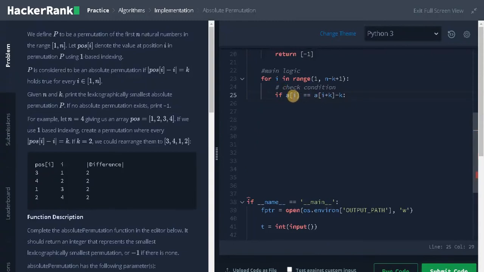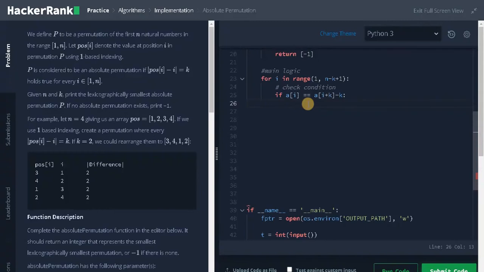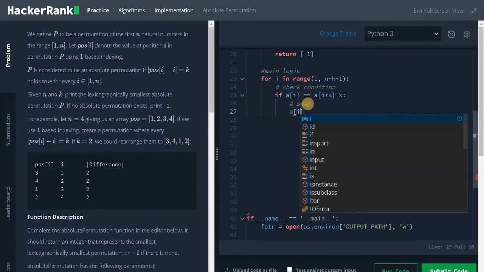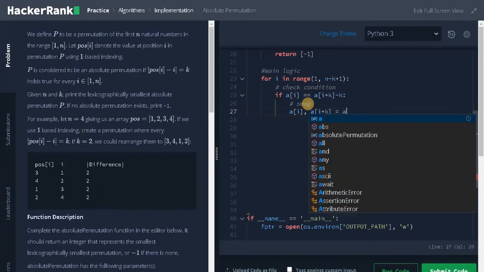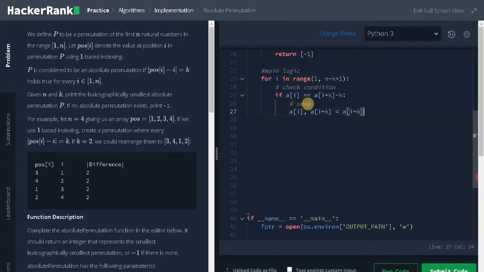If we take a of i as 1, then a of i plus k is 3, minus k, that's also... If both the values are equal, we need to swap the elements. Swap: a of i comma a of i plus k equals a of i plus k comma a of i. So this is the swap operation.